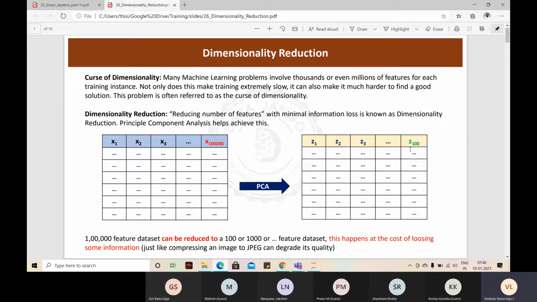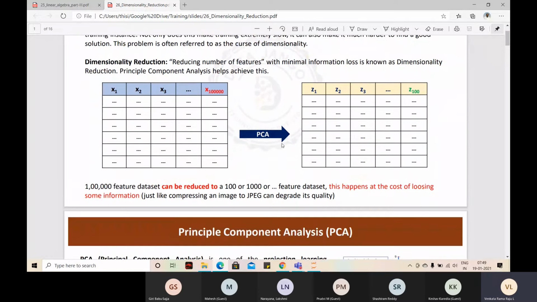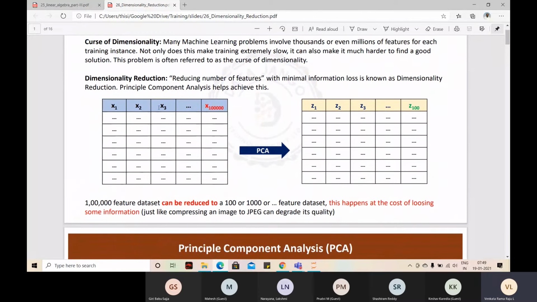Make sure, right? Not check. We'll be able to make sure that the dimensionality reduction worked well. Okay. So in a way, these unsupervised learning algorithms are used as support for the supervised learning algorithms. Right? I'll come to that. So this is basically dimensionality reduction. You take a big data set with too many columns and reduce it to